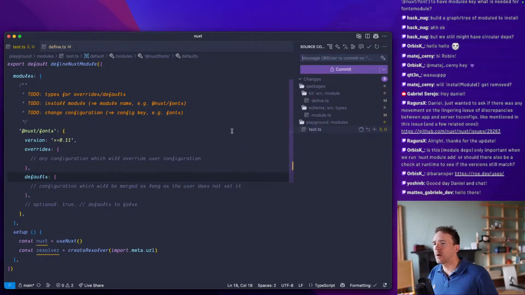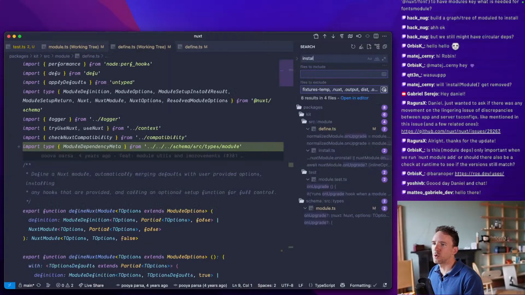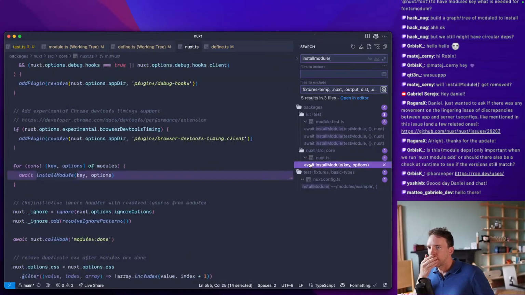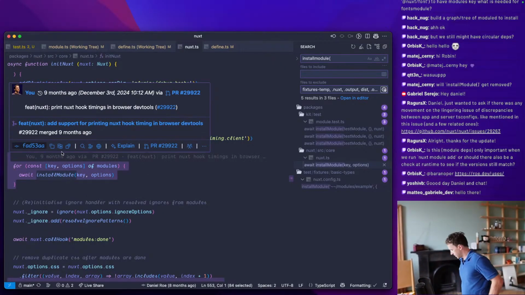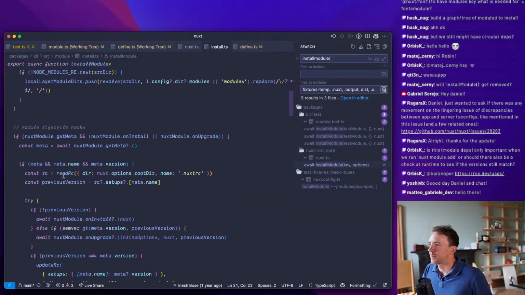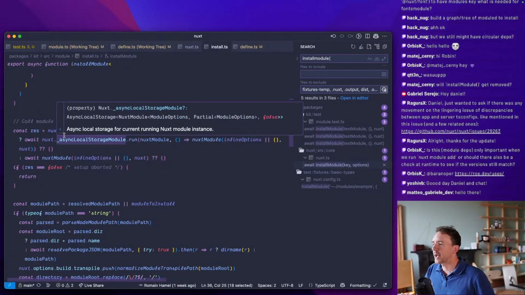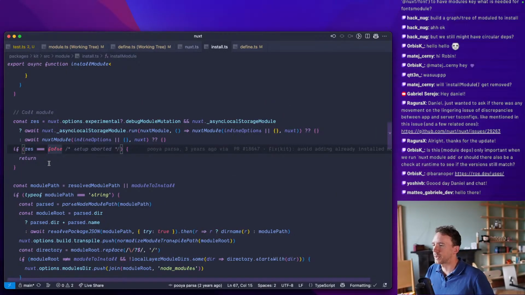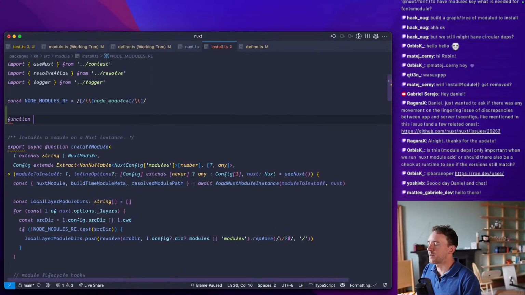So, okay, we have got our types working, and we have everything flowing through. So at this point, when we run install module, which we do in nuxt, we are basically iterating through the modules. The problem right now is that install module does everything. It resolves the module and calls get meta, and does everything in order, right? But we actually need to change the logic. It has several passes, which means we need to break install module up into two sub-functions. So basically we need to have something like